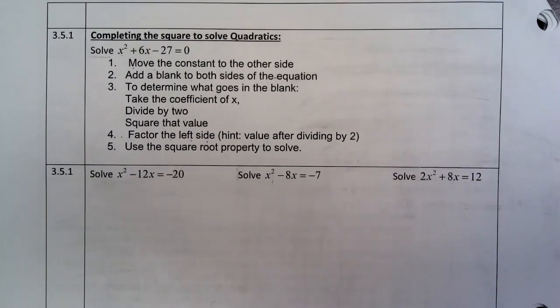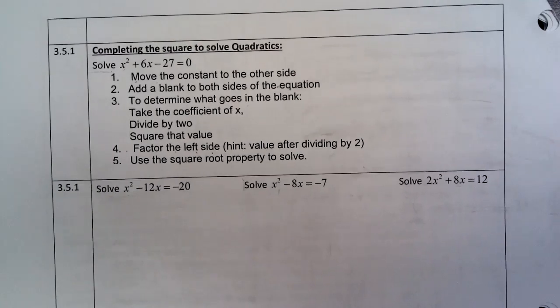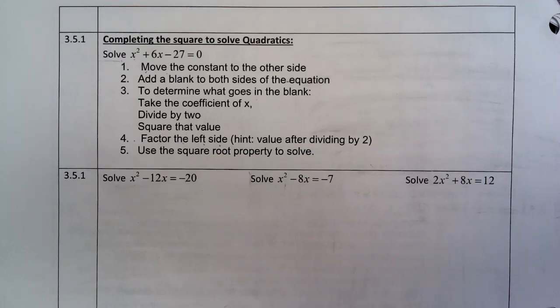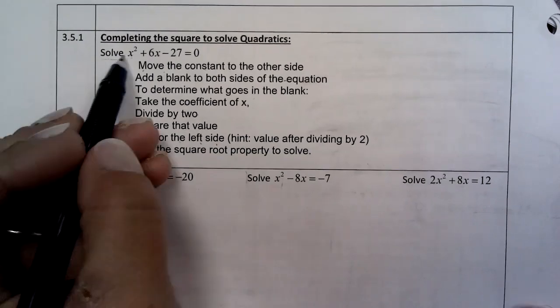Right, so today we are going to be doing completing the square from section 3.5. This is going to build on section 3.3, factoring perfect square trinomials. Okay? So if you look at this